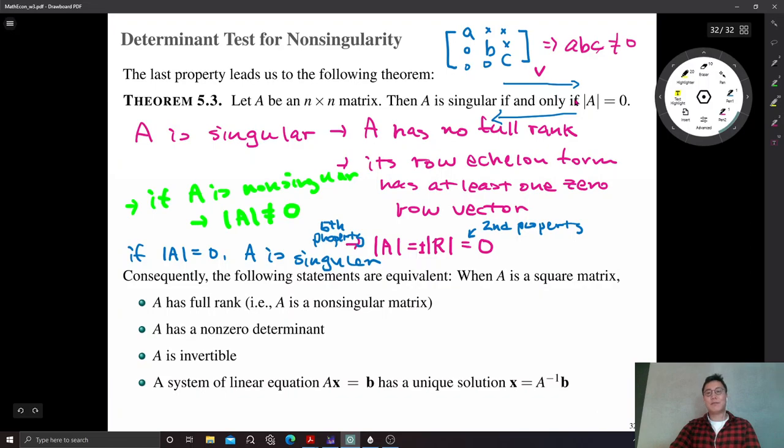Alright, so these two statements are equivalent. We just established the equivalence between these two: A has full rank, meaning that A is non-singular, and A has a non-zero determinant. And if A is invertible, then the system of linear equations, AX equals B,